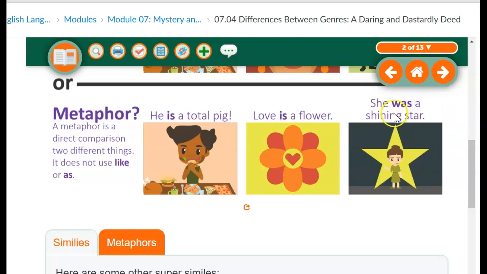And then here's our last example of a metaphor. She was a shining star. What does that mean? She was a shining star. Bloop, she turned into a star and went up into the sky. Charlie, what do you think? She was so good at something and they think she's a shining star. Yeah, she was so good at something. Maybe she just finished a play, because sometimes, famous people or people that perform, they call them a star because they're really good at what they do and you see them everywhere.